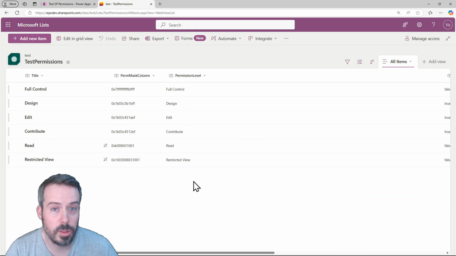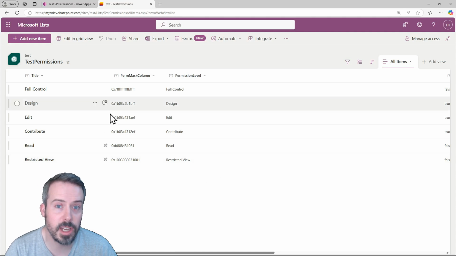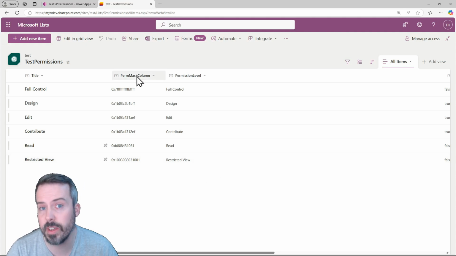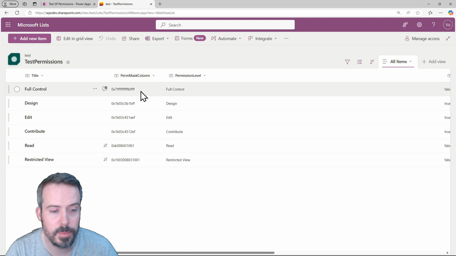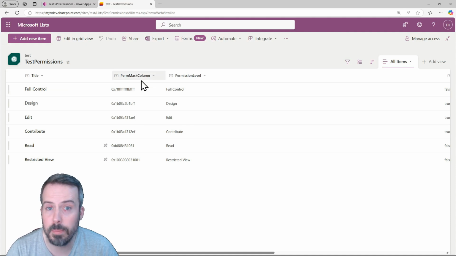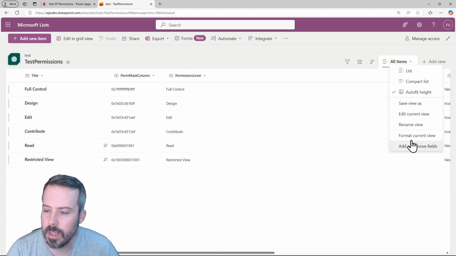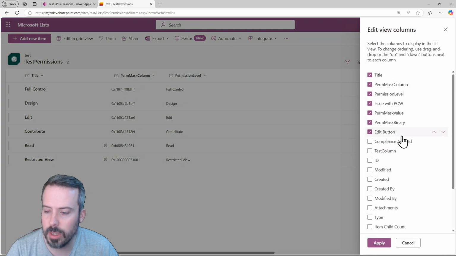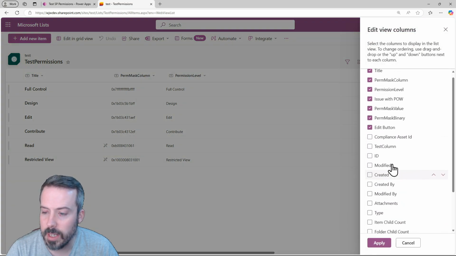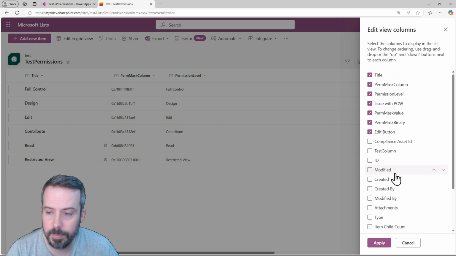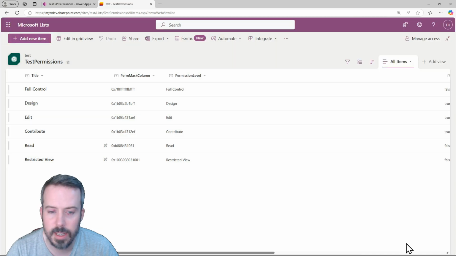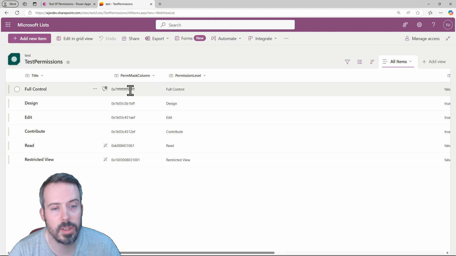So the first thing we're going to look at is how to actually access the value of that column we used last time that reveals all the permissions a user has to an item. And that column was called PermMask. So you might notice that in the add or remove fields option, there's no option here to add in the PermMask column. So the only way to access it is to use some list formatting to show that value in